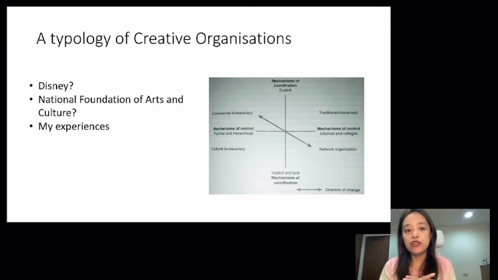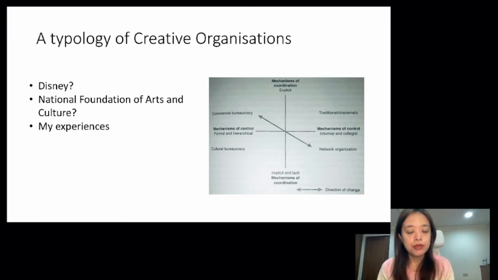So for those of you who are interested in the history of Disney, or for those of you that already know about this, I would definitely like to learn more from you, and also to know how you will analyze this company. And then the next one is the National Foundation of Arts and Culture, the foundations that could provide arts funding. Where does it fall? I think it would be quite clear that this organization falls under the bracket of